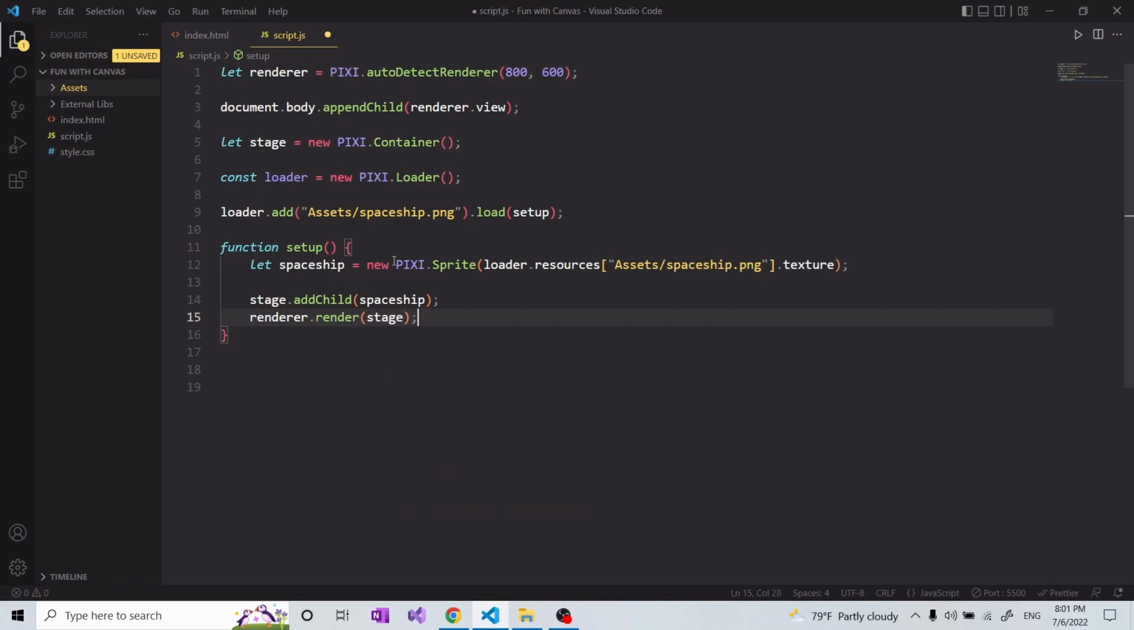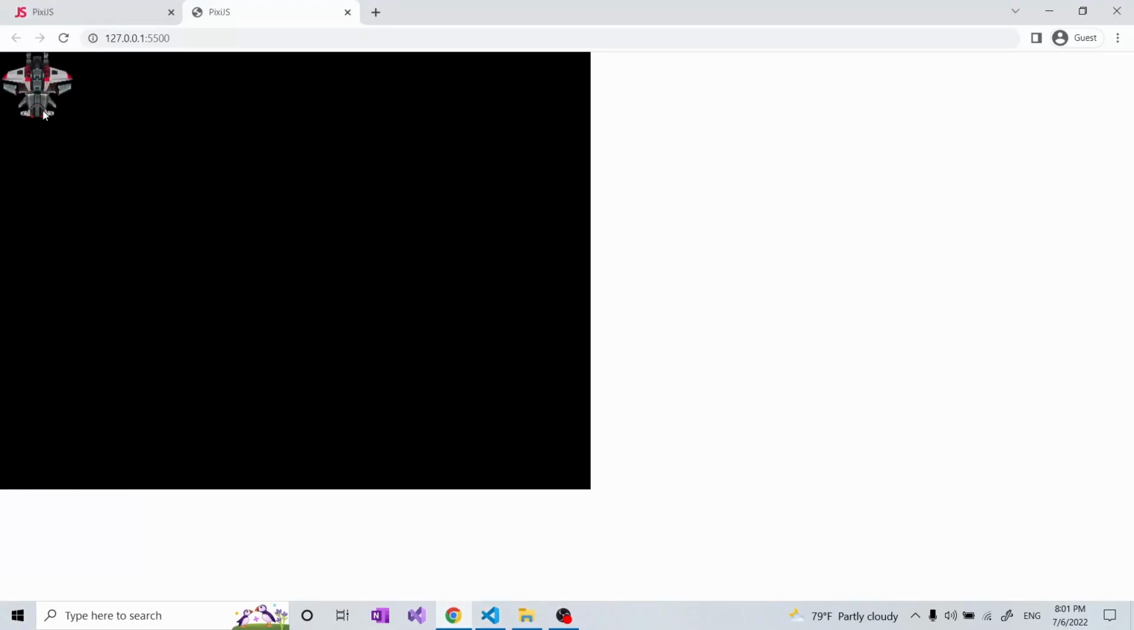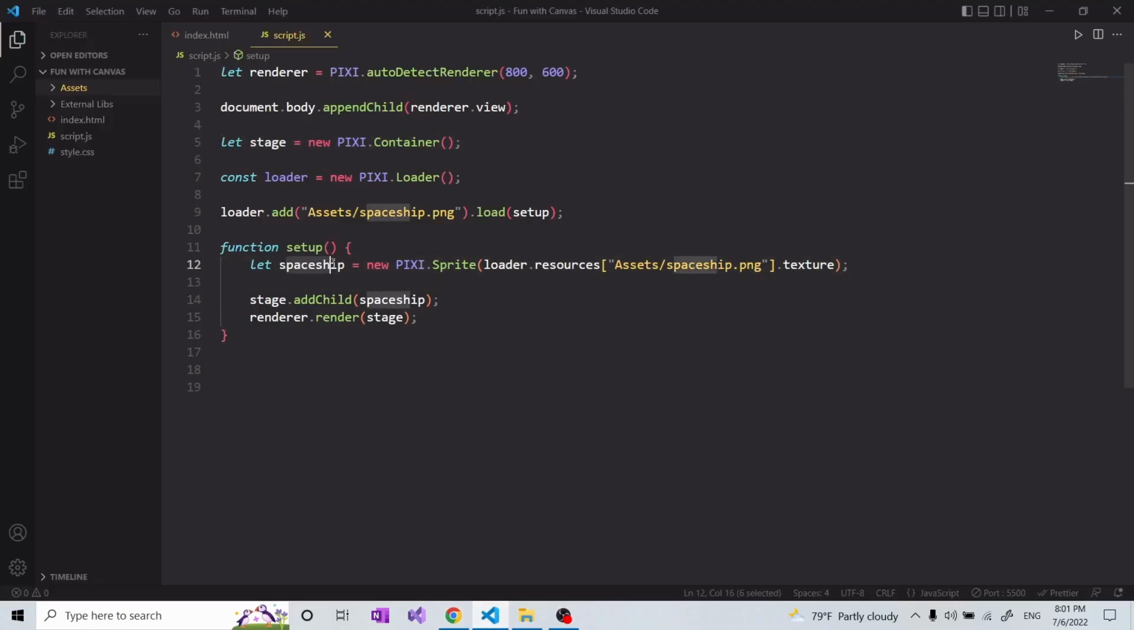So now I hope that makes sense. The render stage, and this stage is a container object. Every Pixi application should have at least one container, or just one container, which contains all of the things in our game. So now if we checked, we can see the sprite actually showed up,